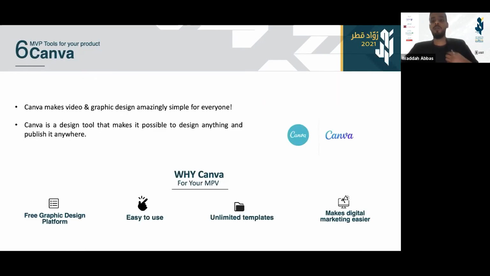Now, this is actually one of my favorite tools, and it is called Canva. Canva is a tool that makes video and graphic design, makes videos and posts, very easily and very simply. And it is a tool that makes it possible to design anything that a person might want or need for their business. Now, when it comes to creating an MVP, after I launch my MVP, or even if I would like to use these tools to create a website,